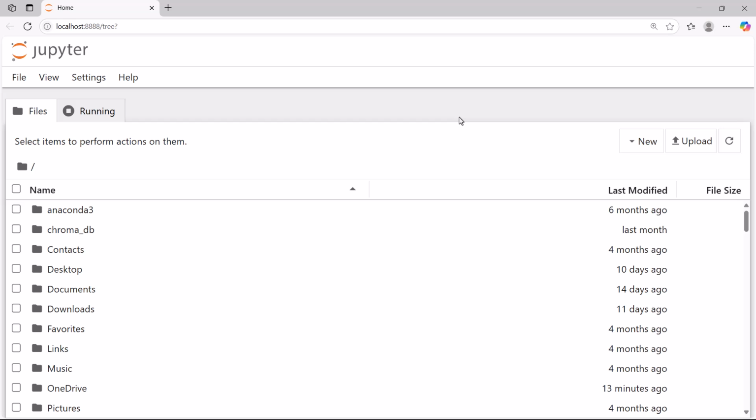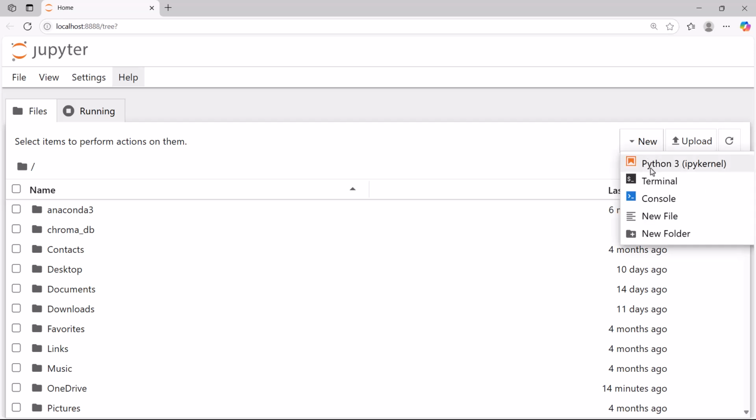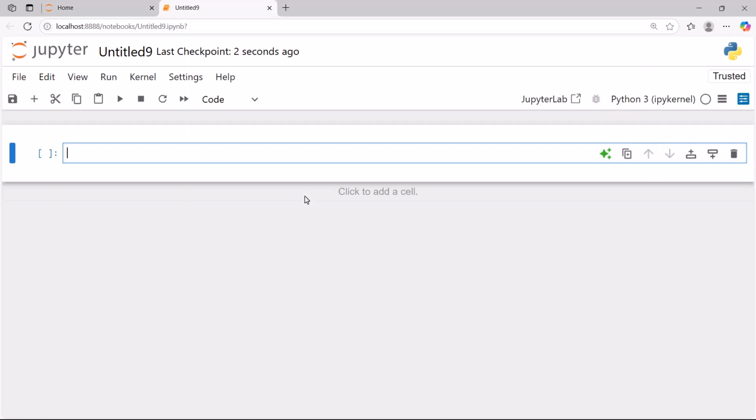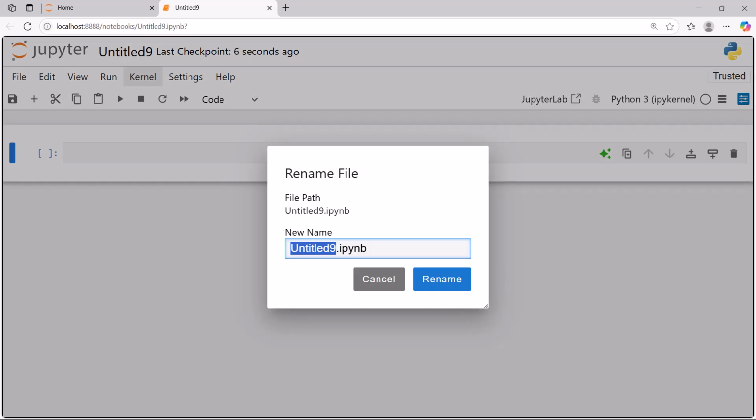So in this lecture, let's talk about Python basics. We have already seen how to install Jupyter Notebook in our previous lectures. So once you install Jupyter Notebook, open this and then click on New Python 3. This is how you can create a new Python file, and you can click on here and name it as